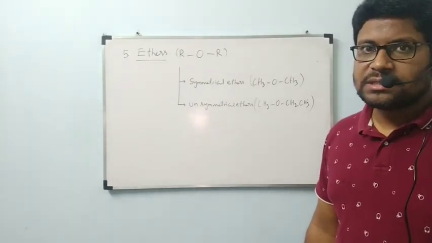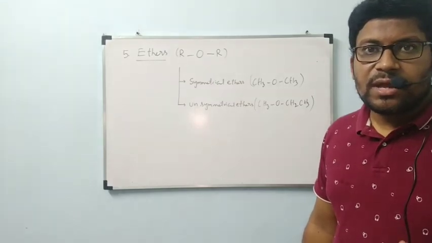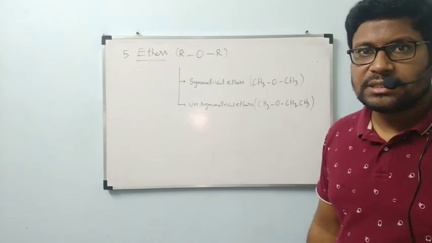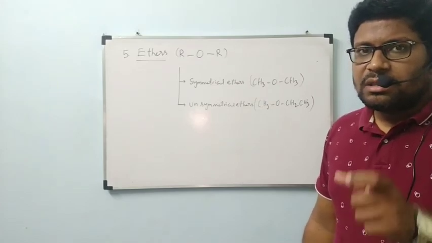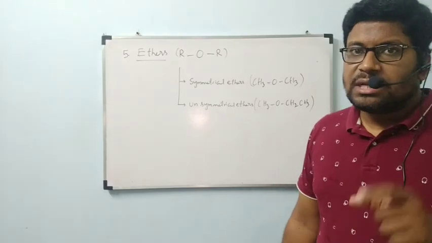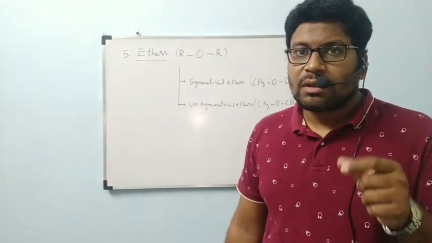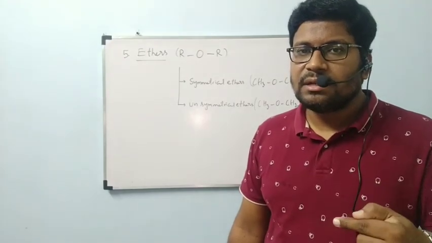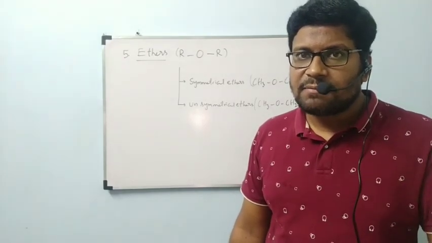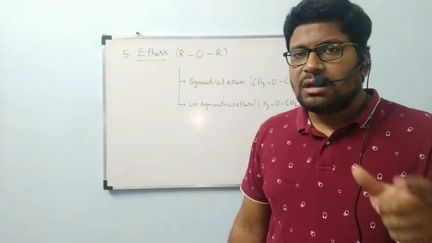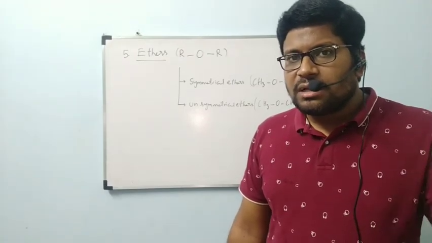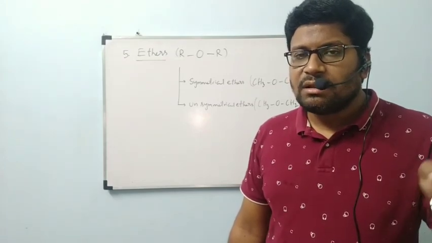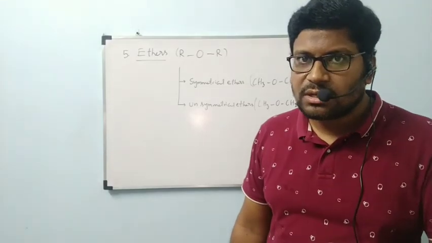Okay, this is about today's class. In the next class we will see how we are going to give the names of symmetrical ethers and unsymmetrical ethers. I hope you are clear. The important point in today's class is the tabular column, which you have to remember carefully. After completion of the tabular column, we have seen the points. For every functional group I am giving the names individually. First I considered carboxylic acid, next alcohol, next aldehyde, ketone. Like that, for every organic compound functional group I am taking, and whatever examples I am considering, for all those I am going to give the names of those compounds.